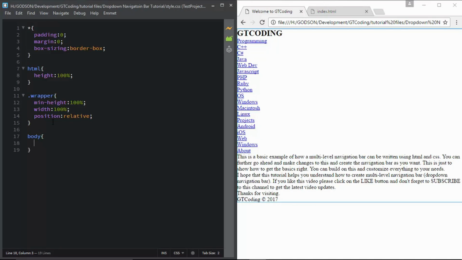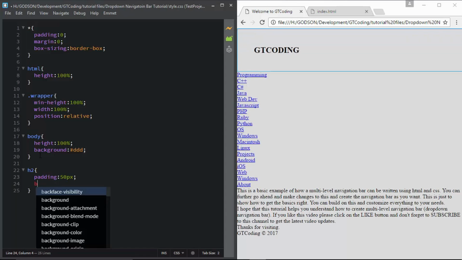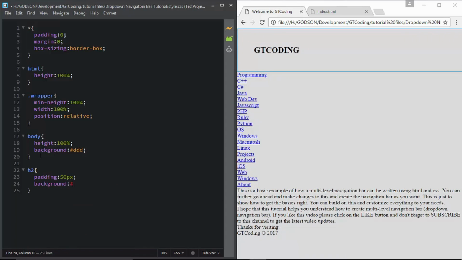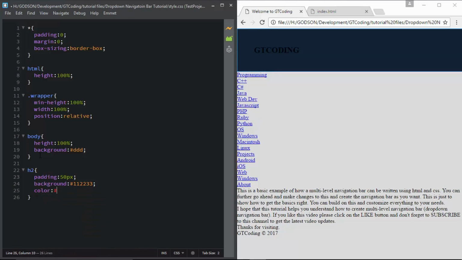Now we will go to the body and type in height 100% and background DDD. Now in our H2, what we will do is set a padding of 50 pixels and a background color of 112233 and the color of our text to F0F1F5